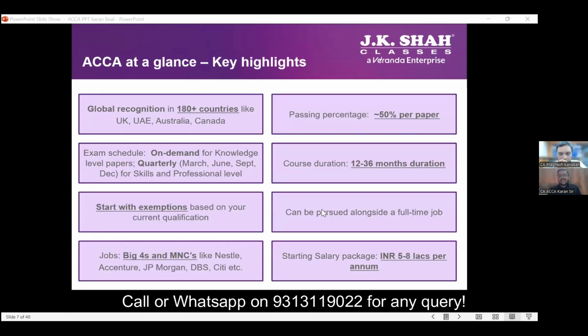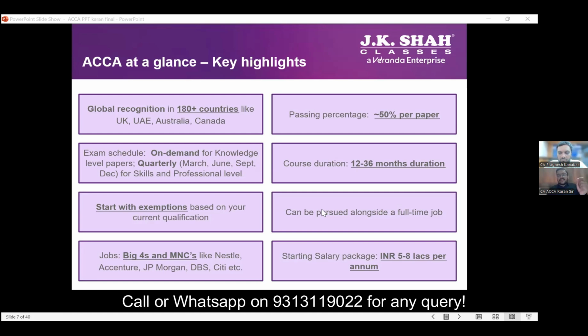A very important key highlight about this course. Like we already discussed, this course has recognition in multiple countries. People find it easier to move to countries like UK, UAE, Australia, Canada, Malaysia, Singapore, and other European countries. The best part about this course is that the passing percentage is higher than any other professional course. The passing percentage is higher because of the flexibility given by the ACCA Institute to a student,